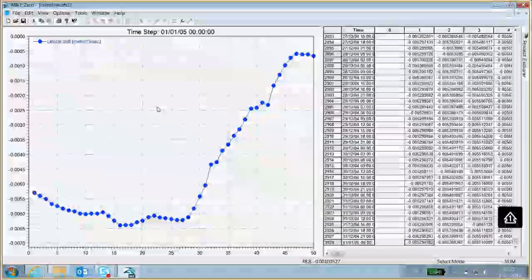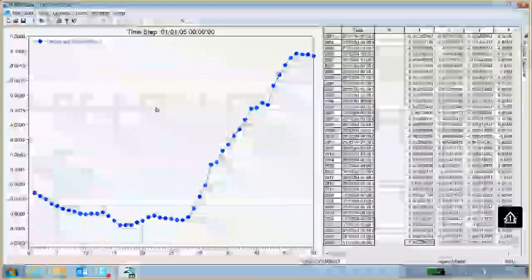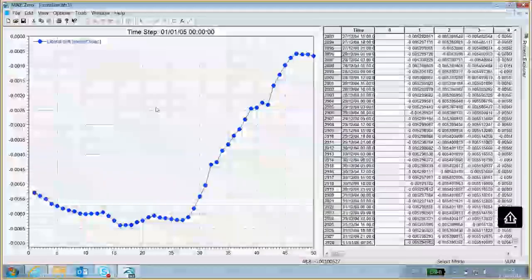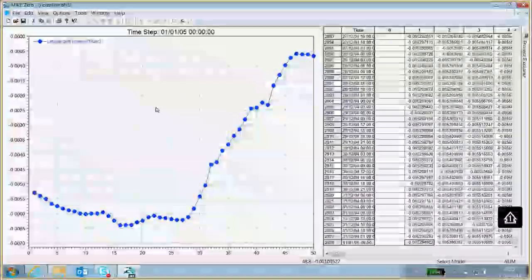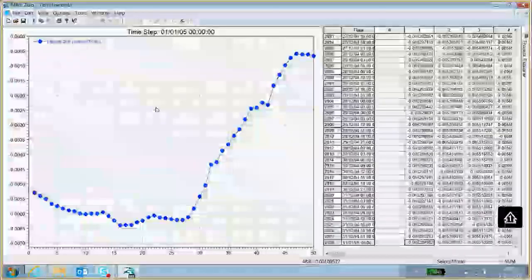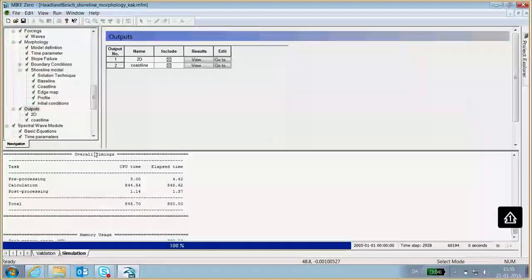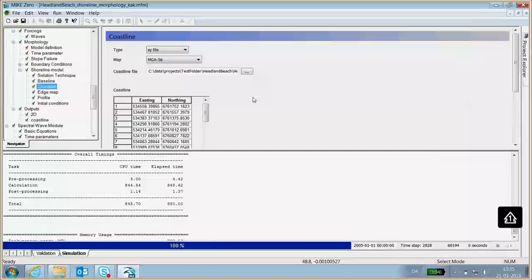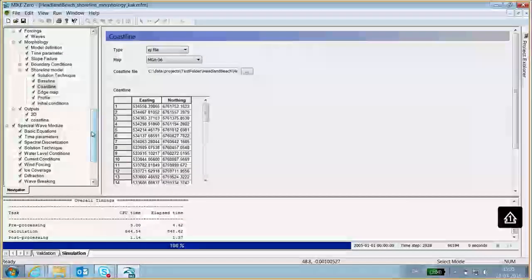So in order to remove those spikes from the actual results that we produce with our shoreline model, it's a good idea to run a warm-up period to warm up that initial position of the shoreline. And the way we do it is we simply run the model for a year, and then we use the results from that run as the initial shoreline position.